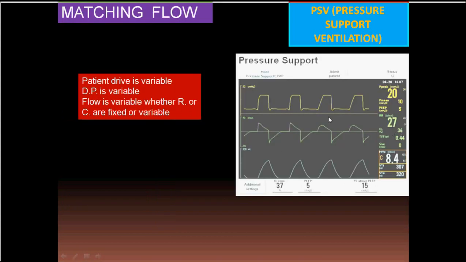When it comes to the flow, for sure, it depends on the resistance and compliance, so it will change with them. If the resistance is high and the compliance is low, the flow will be low. If the resistance is small and the compliance is large, the flow will be high to reach the same set pressure. In addition, the flow will change according to the driving pressure of the patient. The patient is taking inspirations, and this will make some variability